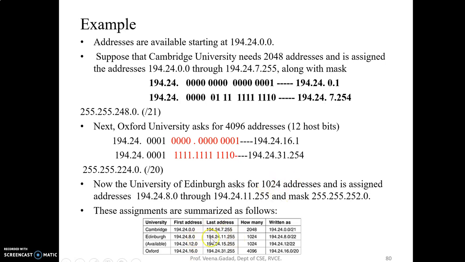So it will go till 194.24.11.255. The subnet mask will be /22. Go through this example. If you observe, I have used the subnetwork bits from the rightmost bits. You can as well start from here. There is no problem with this.